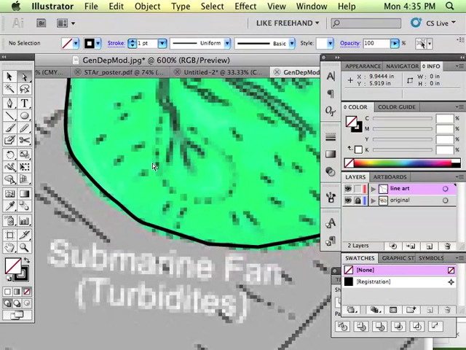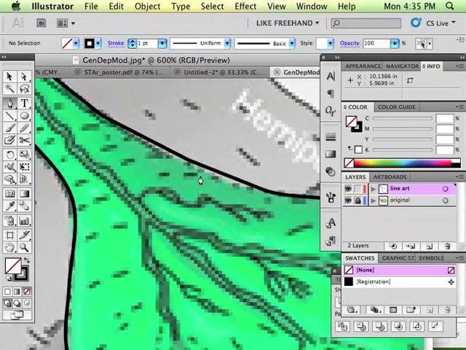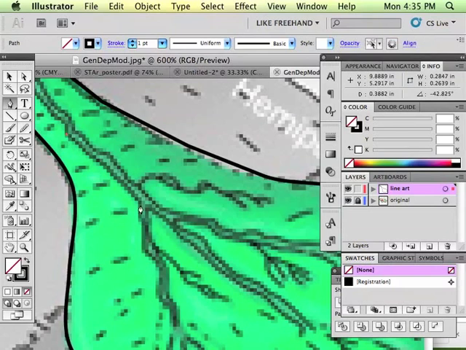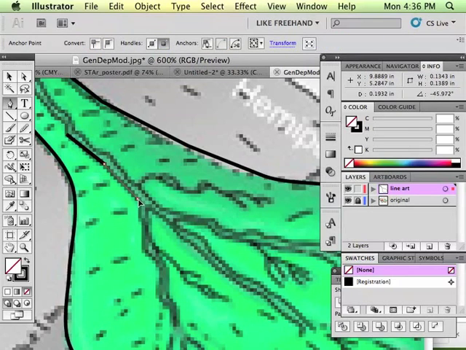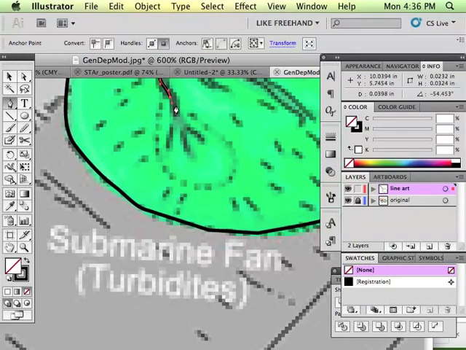The other way you can do that without having to use the smooth tool is as you're drawing, and this takes quite a bit of practice, but it can save you some time. As you're drawing, you click along, and then instead of just clicking, you click and drag. And you can see that as I drag, I've created these handles, right? And I can adjust them on the fly as I'm drawing. And this is a way that in one step you can make a nice curved line,